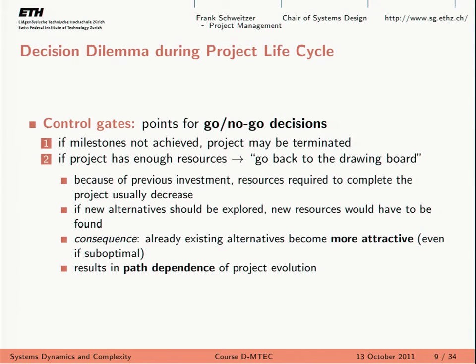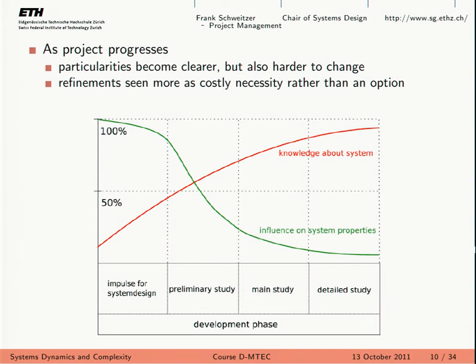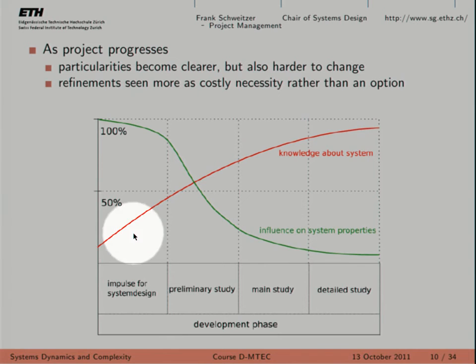And why is this the case? Obviously, you've invested a lot of resources in your project so far, and this graph shows that your ability to change the project is a lot less than in the beginning. So your freedom is a lot less. What you can do is you can either invest a lot to change the whole project, or you just invest a little bit and you settle with a suboptimal solution. What this shows you is kind of an abstract way of the relationship between your freedom of change and the progress of your project.